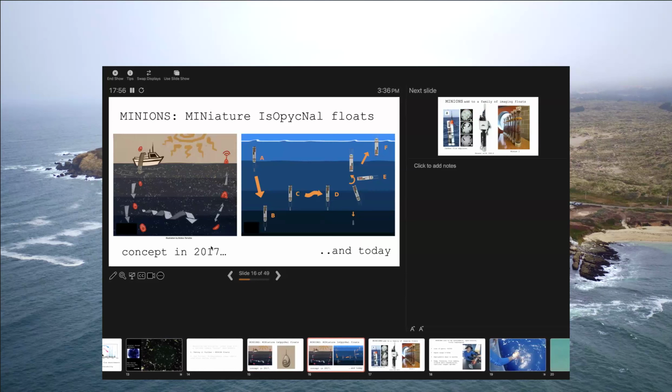Through a little bit of seed funding from that meeting and also some other federally funded and philanthropy funded opportunities, we've been able to really make these exist. Just like the original rendering, they sink down to a target isopycnal, they drift for a little while, and then they drop a weight that makes them positively buoyant. Now the battery side becomes the heavy side, and so they start to flip over.